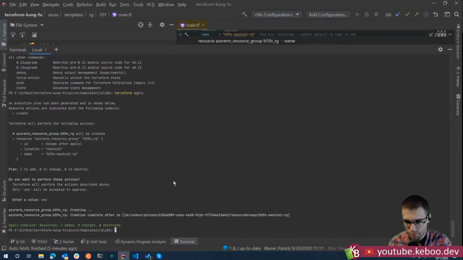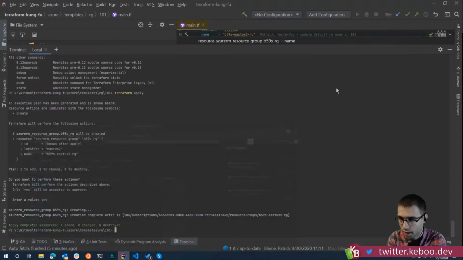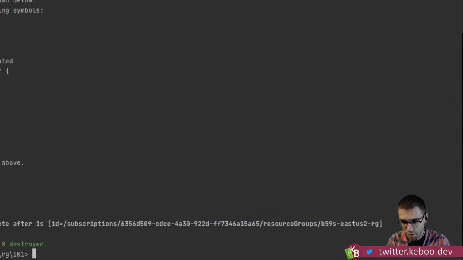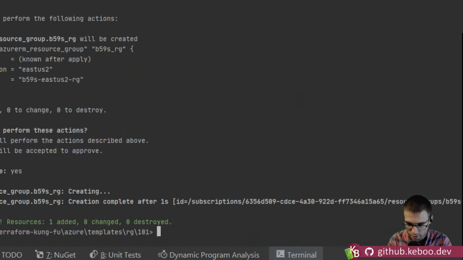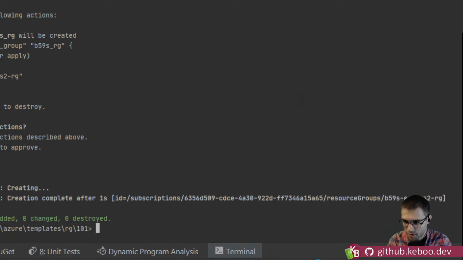So in our code, we have to find a way to map what gets created to then be used over there. So it looks like this, and you can see that ID at the end of your Terraform apply, because it actually tells you. Yeah, awesome. /subscription and then a big long GUID. Yep. And then resource group, and so on.